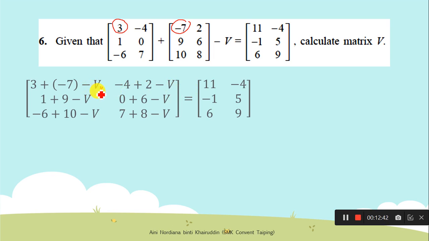This is the value of V for first row, first column. This one first row, second column. Second row, first column. Second row, second column. This is the value of V for third row, first column. And third row, second column. So you just calculate the value of all the V here,